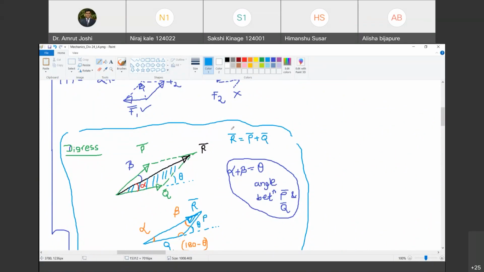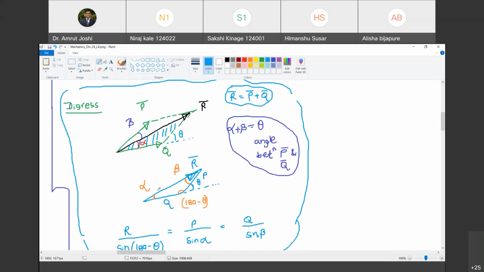The angle made by this addition R bar with reference to Q bar is alpha, and the angle made by this R bar, that is the addition of P bar and Q bar, with reference to P bar is beta. This is the convention we have taken starting with beta. Are you with me? Yes. Now we are going to focus our attention on this triangle which I have shaded in light blue. Are you with me? Yes. Now let me redraw that triangle here.